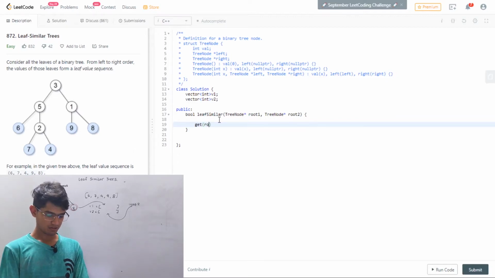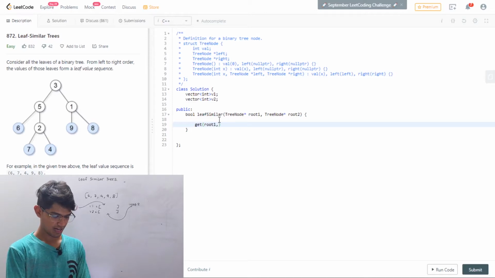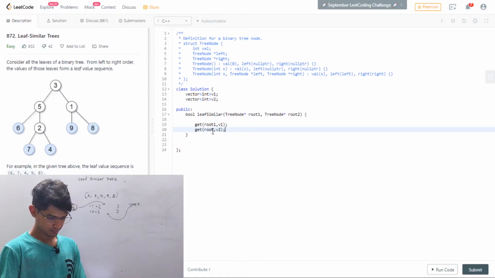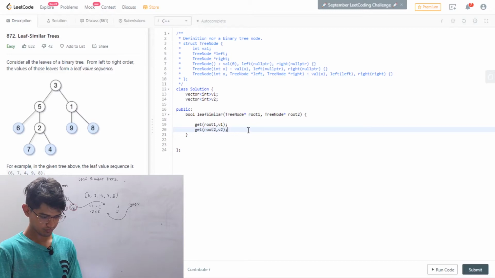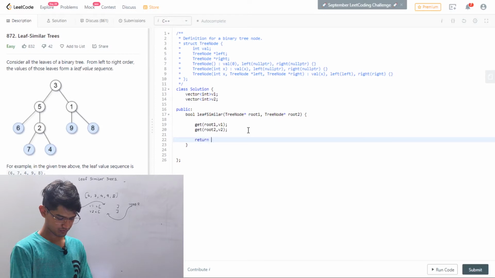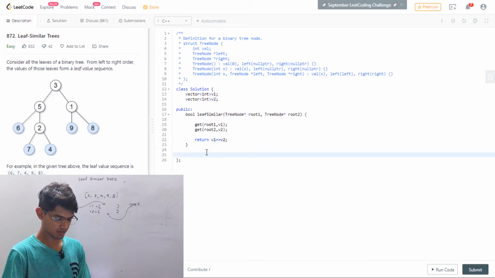Now we'll be passing our root, and we'll be passing our vector. Similarly, we'll be calling the same function for vector 2, that is root 2. Now we'll be returning v1 equal to v2. That's it.